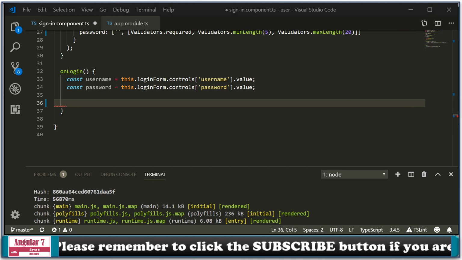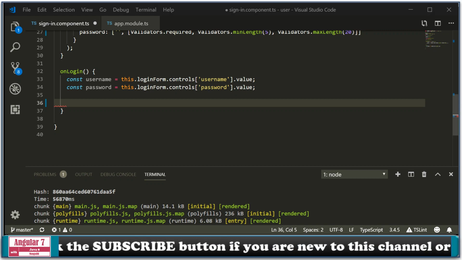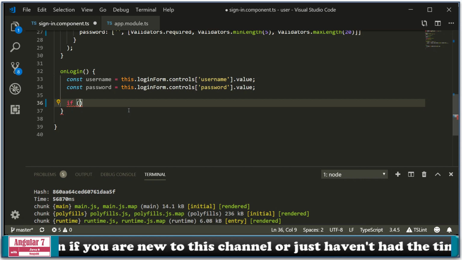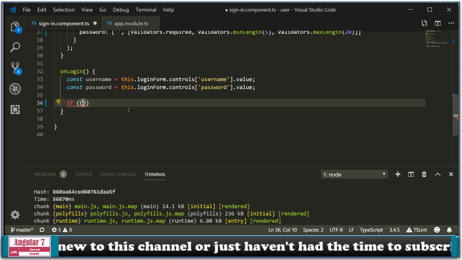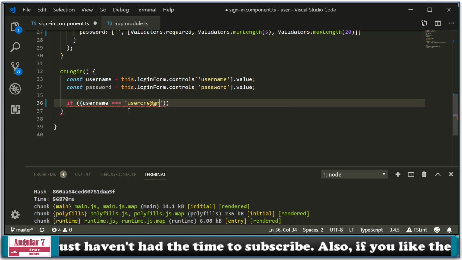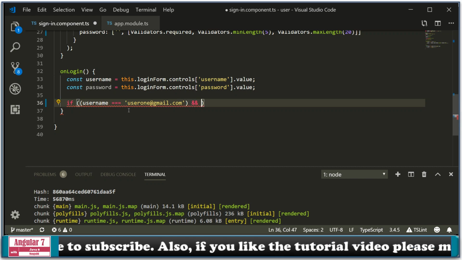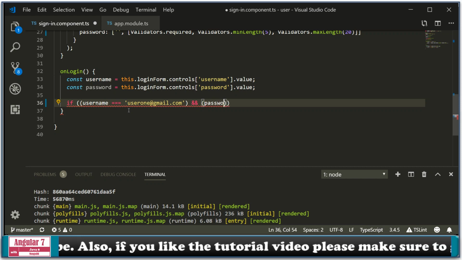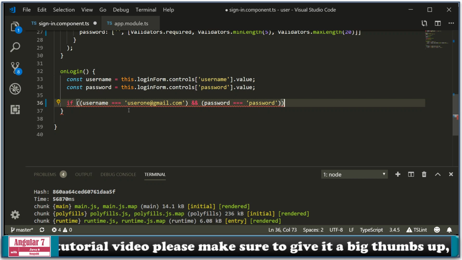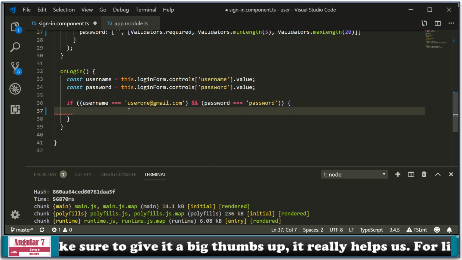I'm just going to say if statement username and, so if a user enters username and password as those two things that we just defined,